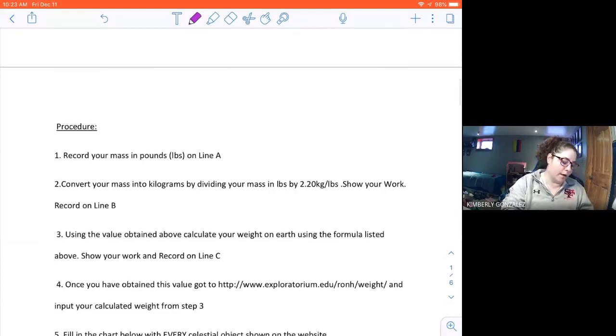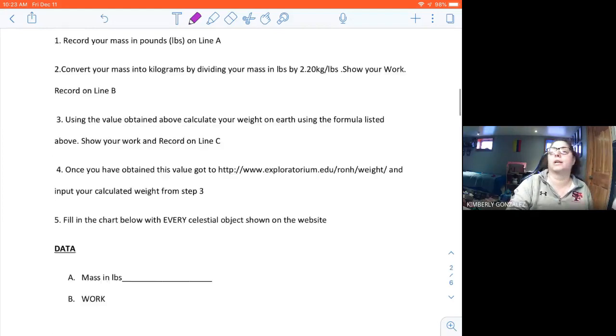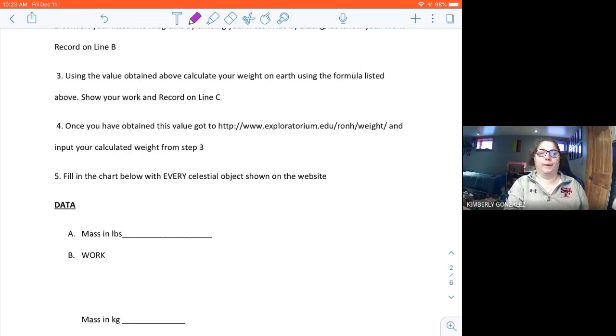Okay. All right, so here's how you are going to first figure out what your mass is, okay? So what you're going to do is, nobody else is looking at this but me, okay? Nobody's looking at this. I'm not even going to look. I'm going to just put down a number here that I was in, like, high school, right? So you put your